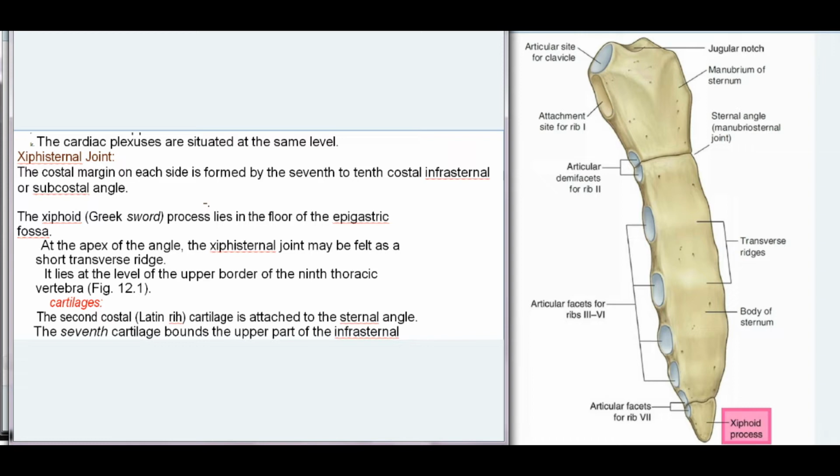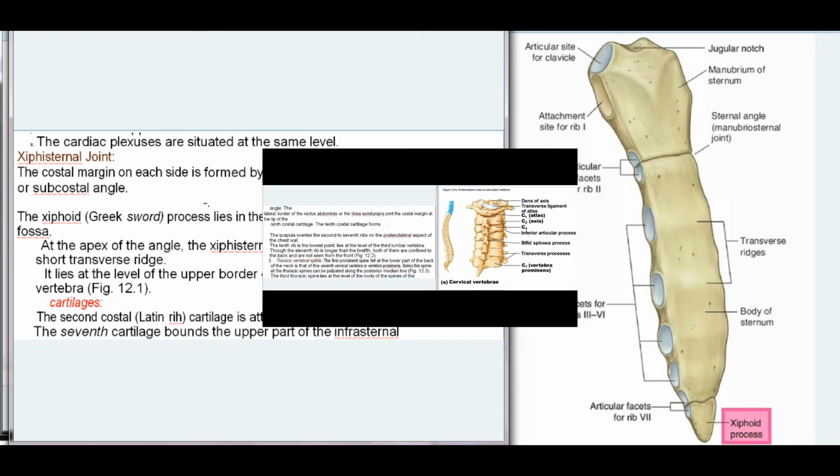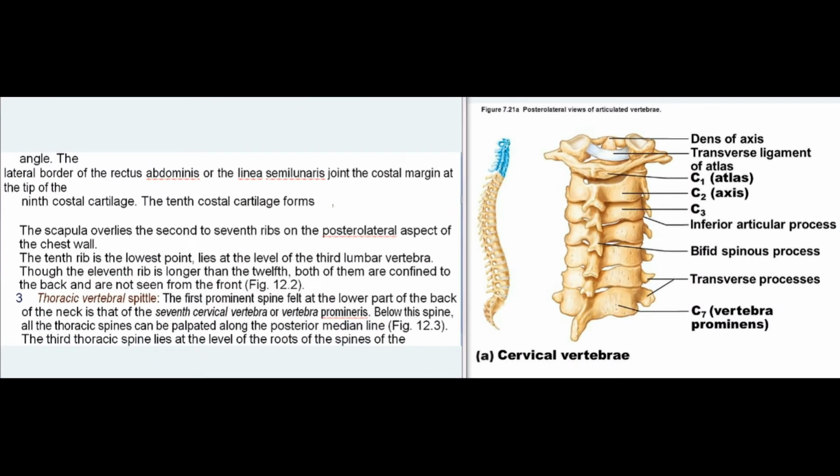Cartilages. The second costal, Latin for rib, cartilage is attached to the sternal angle. The 7th cartilage bounds the upper part of the infrasternal angle. The lateral border of the rectus abdominis, or the linea semilunaris, joins the costal margin at the tip of the 9th costal cartilage. The 10th costal cartilage forms the lowest point of the costal margin. The scapula overlays the 2nd to 7th ribs on the posterolateral aspect